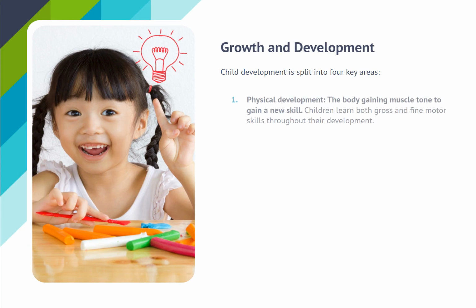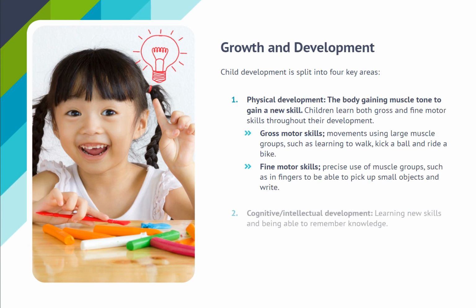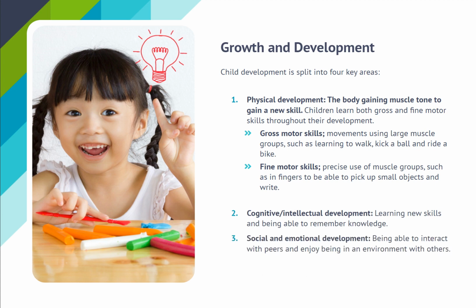Child development is split into 4 key areas. 1. Physical development. The body gaining muscle tone to gain a new skill. Children learn both gross and fine motor skills throughout their development. Gross motor skills: movements using large muscle groups, such as learning to walk, kick a ball and ride a bike. Fine motor skills: precise use of muscle groups, such as in fingers, to be able to pick up small objects